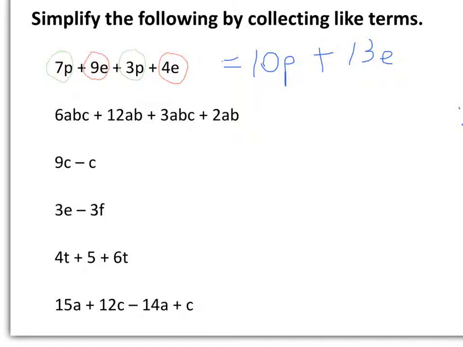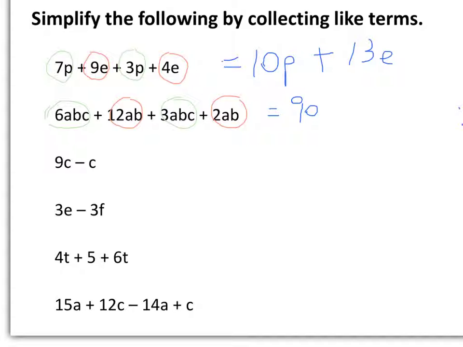Okay, having a look at the second example. We have A, B's and C's, and we have A's and B's. Because the A's and B's don't have a C in them, they're not all like terms. So when we simplify,